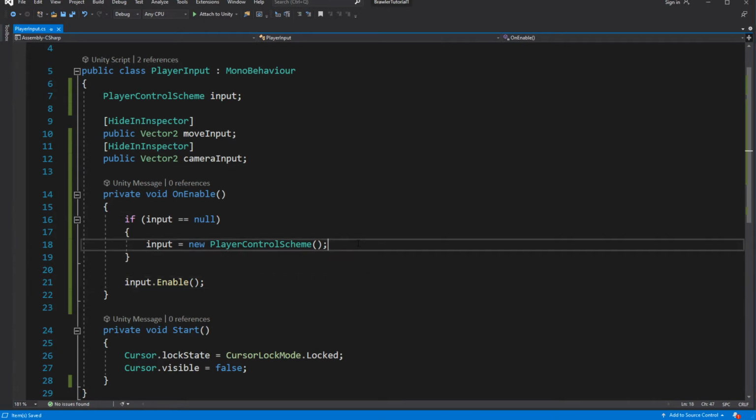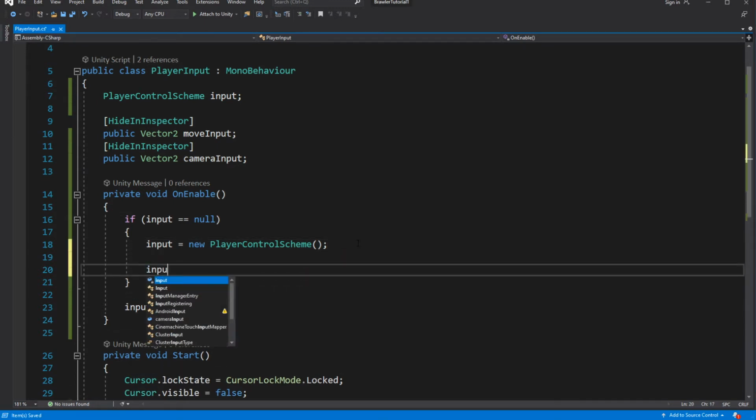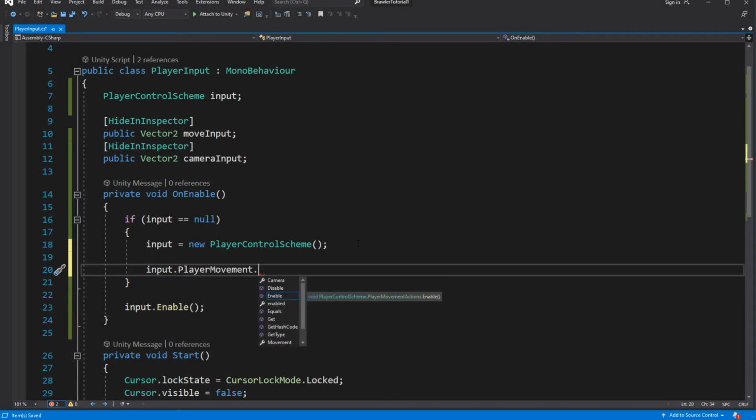Now we want to link our variable to the actions we defined in our control scheme. So the first action we defined was movement. Assign move input to this action.